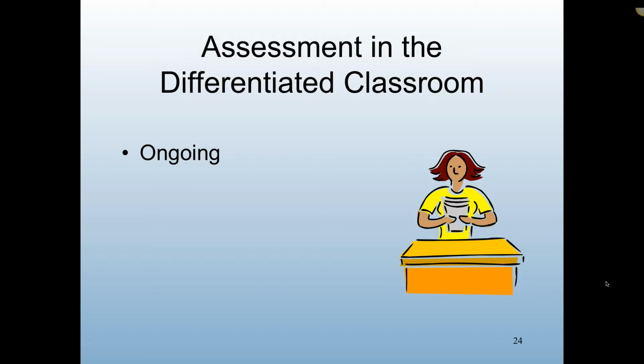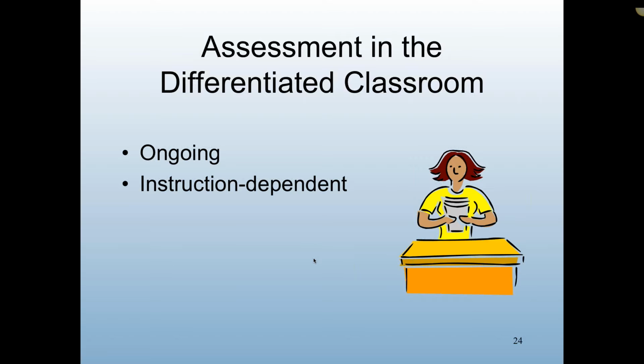Now, of course, you got to train your kids well. You got to train them to stay on task. You got to train them to use the level voice that you want them to use. But these are all things that you can practice. You have to have a technique to bring them back on task, or everybody to the center. Let's go. I don't mind if it sounds like I'm training a puppy, but we need to train our kids so that they respond to our commands. Whether your signal is clapping your hands, or flicking the lights, whatever that signal is, they need to know this means stop what you're doing and come here to me. So it's ongoing. It's instruction dependent.